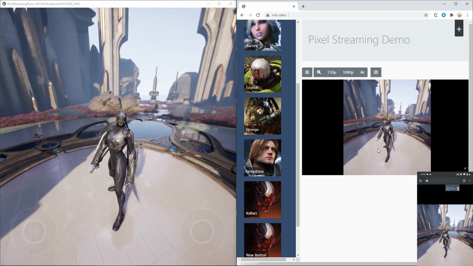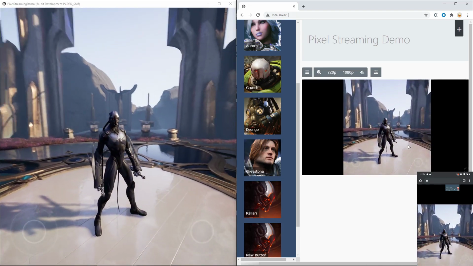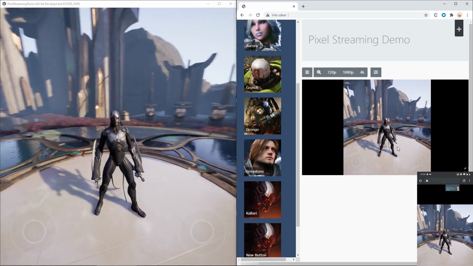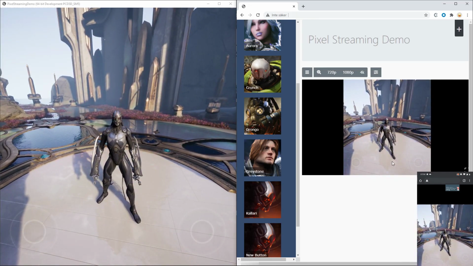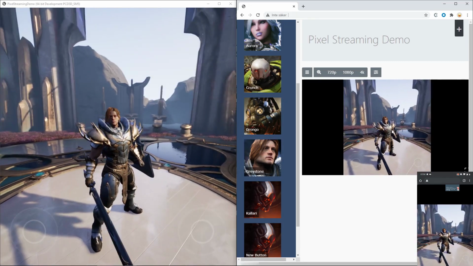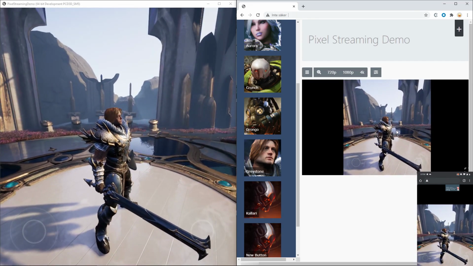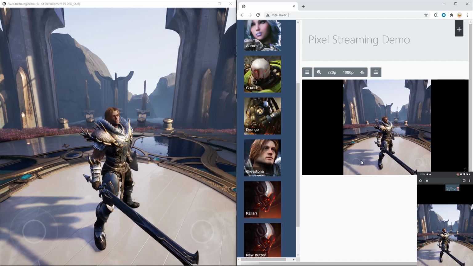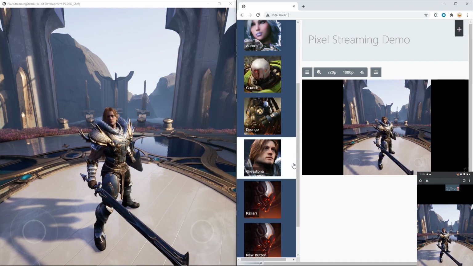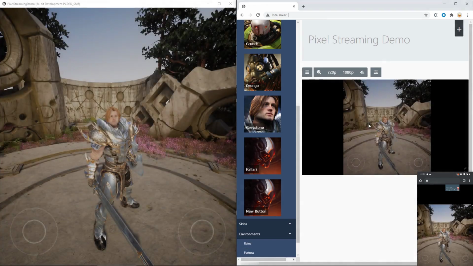Now that I've gone through the basics on how to send values from the pixel streaming website and how to later receive those values into Unreal Engine, I wanted to show you how you can add your own interactive elements to your website. It's worth mentioning that as long as there is a descriptor value being sent with JavaScript from the website to the application, you can use about any interactive element. Let's get started with this.